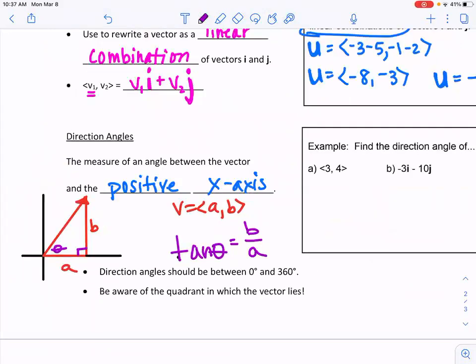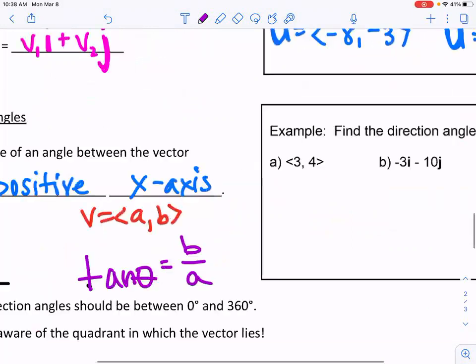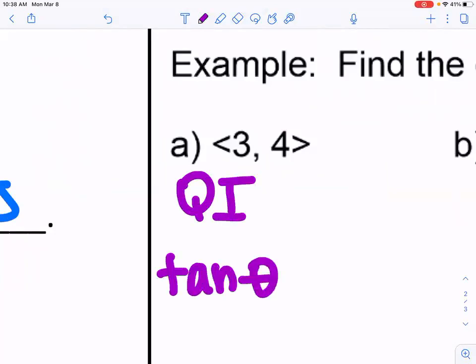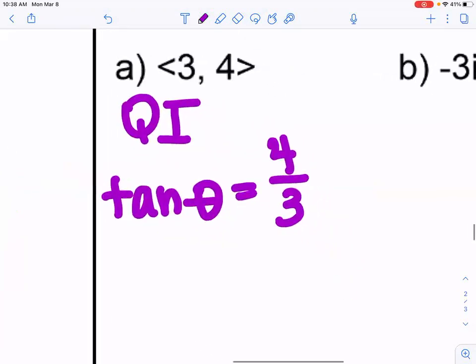Okay, we have to keep in mind what quadrant we are in. Your direction angle is always going to be positive, between 0 and 360. So let's try this one first. This vector 3, 4. Which quadrant is it in? Quadrant 1. So when we take the tangent of theta is equal to b over a, and your calculator,